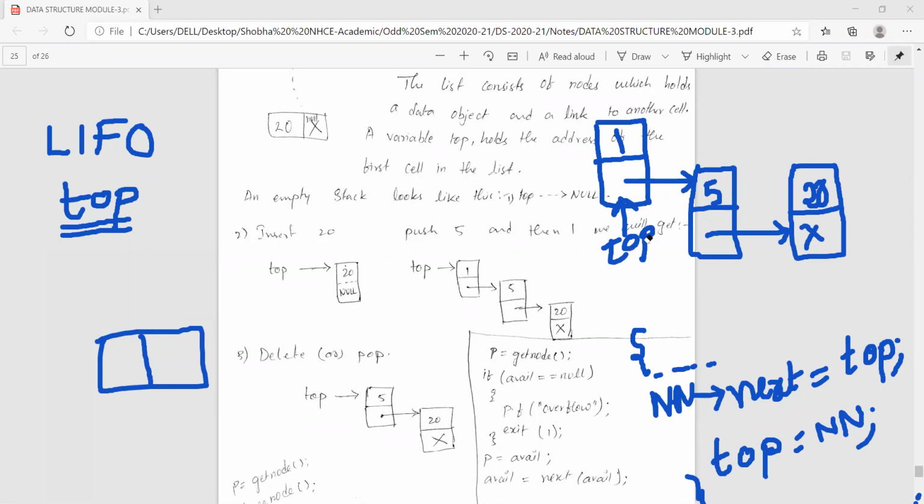It is always pointed to by the top variable in our stack. Initially there was a single element, 20. Then I inserted 5. Then I inserted 1. Now top is pointing to 1, the first element. Again, a new value I insert at the beginning. So for implementing the stack concept, insertion should always happen at the beginning.